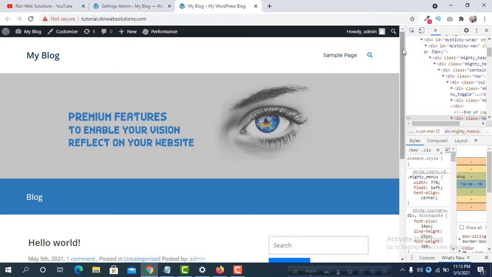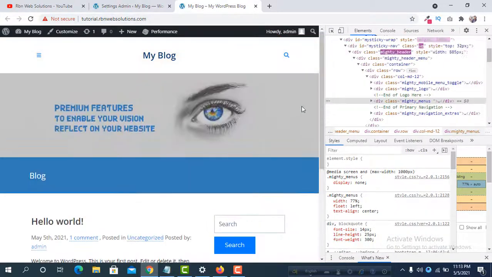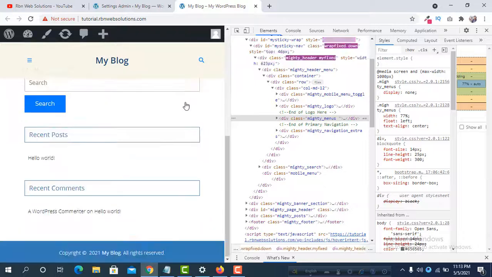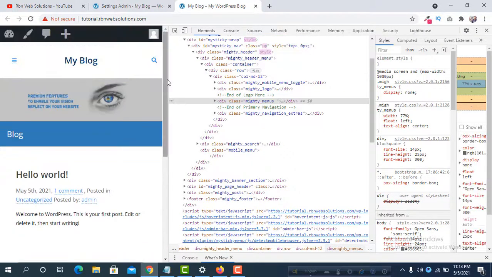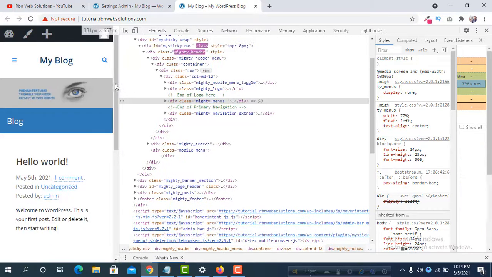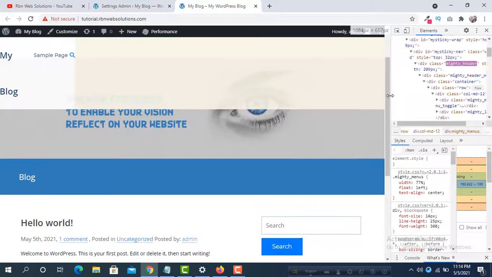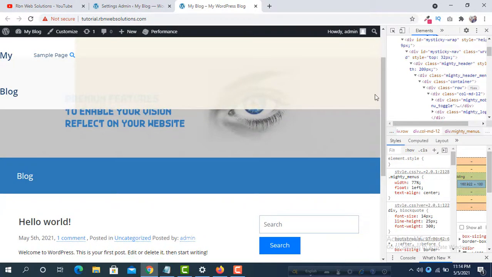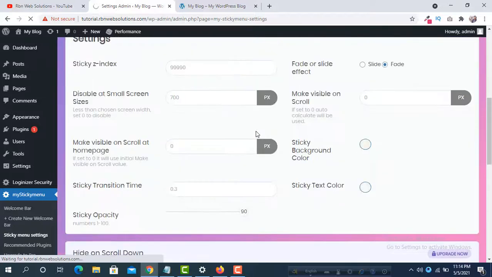If you look here, you will see the pixels. You will see my screen size. Here you can see for all sizes the menu is sticky. Can you see? For all sizes, our menu is fixed. Now if you want the sticky menu not to work below 700 pixels, click save,